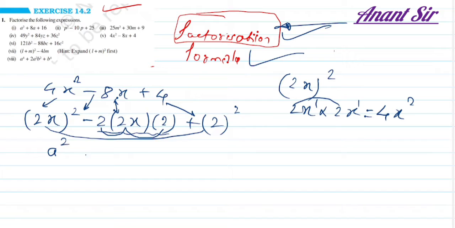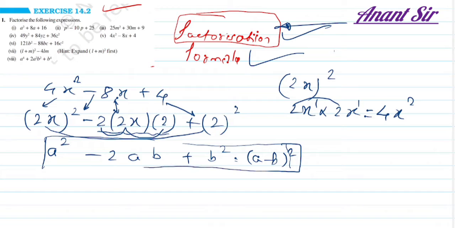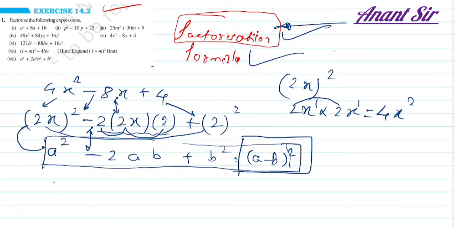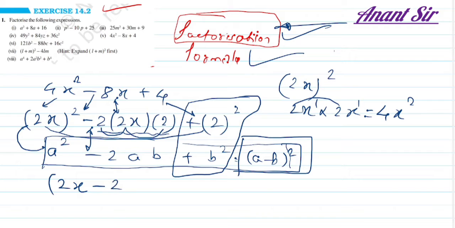Then we can use the formula a square minus 2ab plus b square is a minus b whole square. We are going to use the negative formula, a minus b whole square, because the second term is negative. So in the answer, when we write a minus b whole square, a has to be replaced by 2x, because in place of a square in the question we have 2x square. And in place of b square we have 2 square, so b is replaced by 2. So this is our final answer, friends, 2x minus 2 into 2x minus 2.